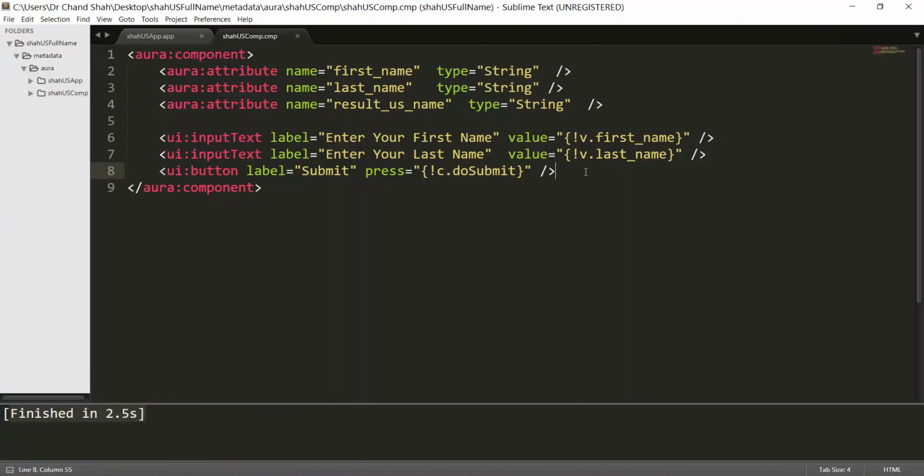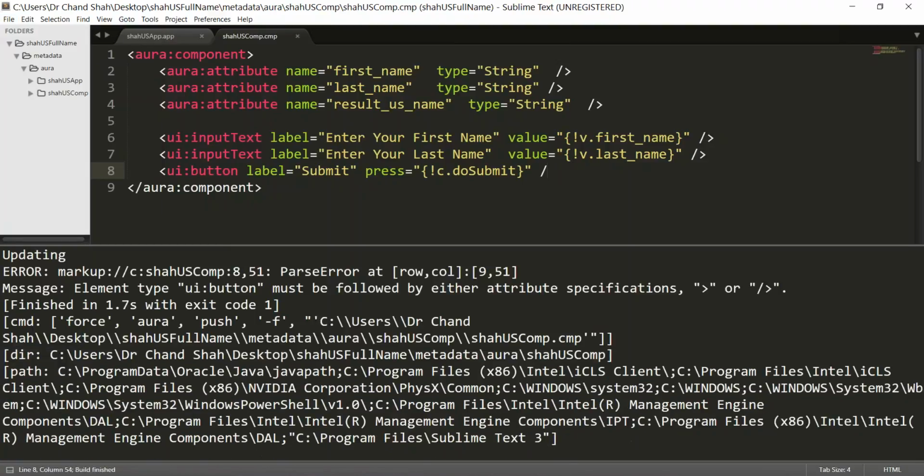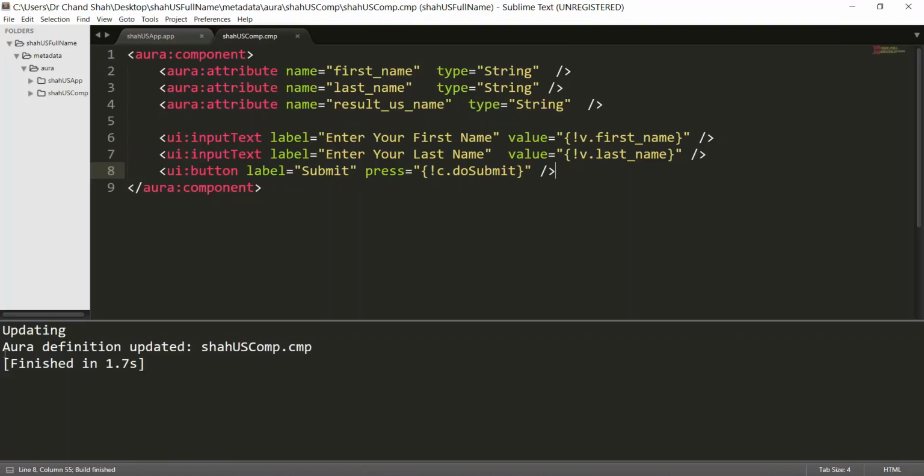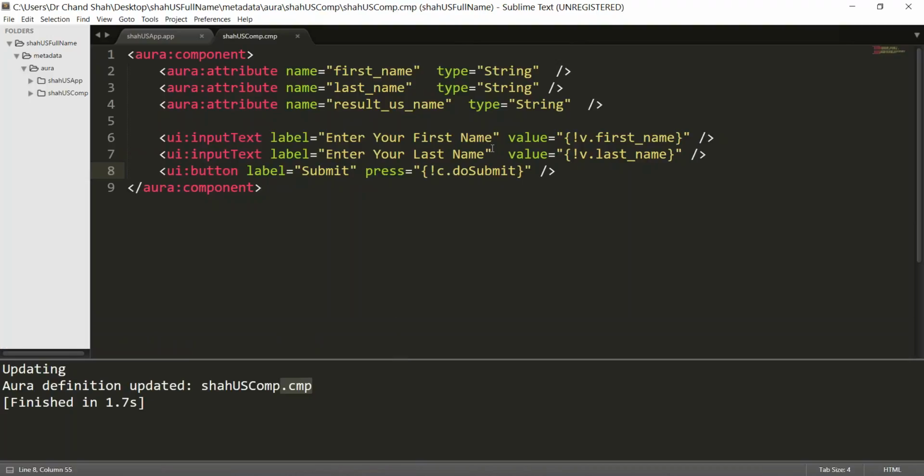If any problems are there, for example syntactical errors, I am not giving closing tag for UI button, trying to save, so error blah blah blah, okay, correct it. Fine. In the CMP component resource, everything is there. So once this click, this handler is invoked, where shall we add it? In the component